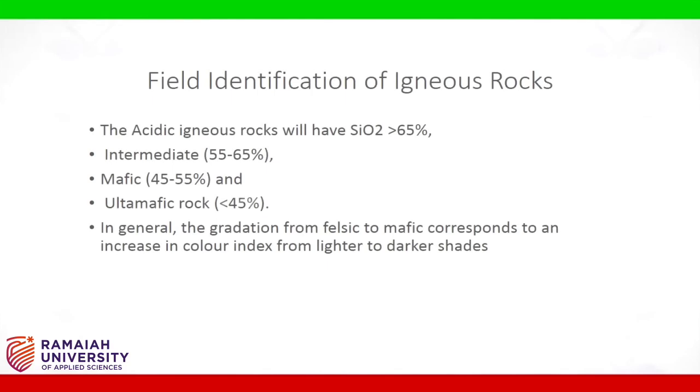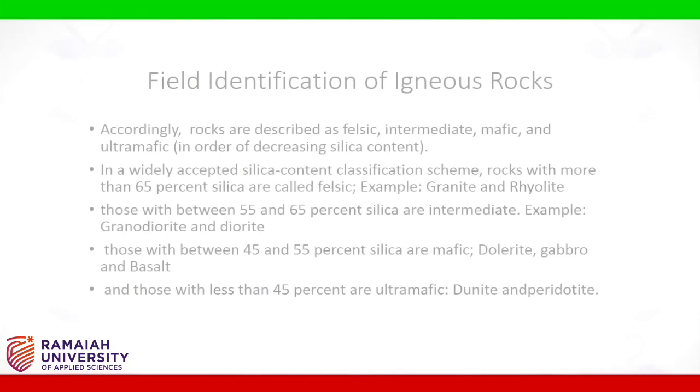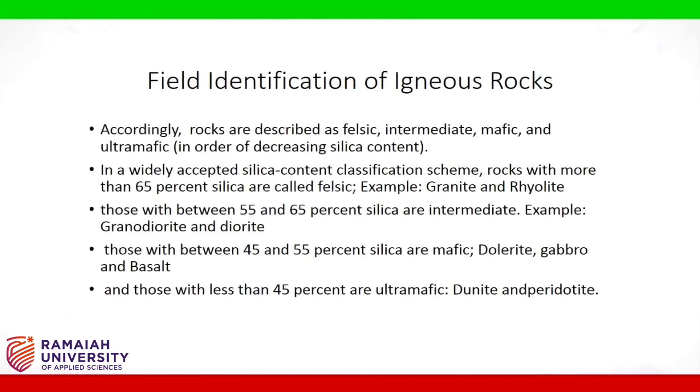The acidic igneous rocks will have SiO2 greater than 65%, intermediate 55 to 65%, mafic 45 to 55%, and ultra-mafic rock less than 45%. In general, the gradation from felsic to mafic corresponds to an increase in color index from lighter to darker shades. Accordingly, rocks are described as felsic, intermediate, mafic, and ultra-mafic in the order of decreasing silica